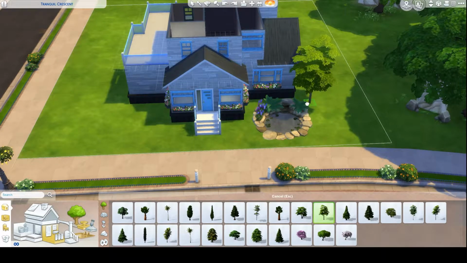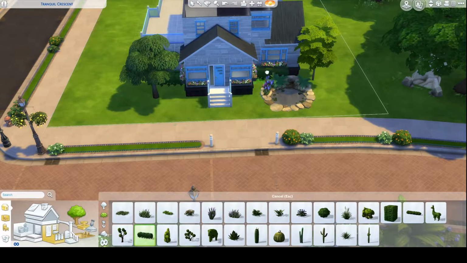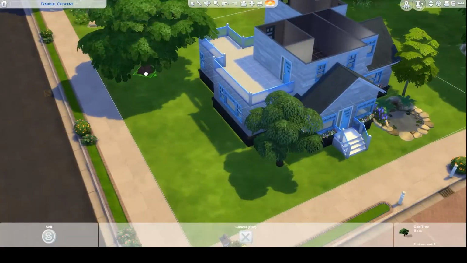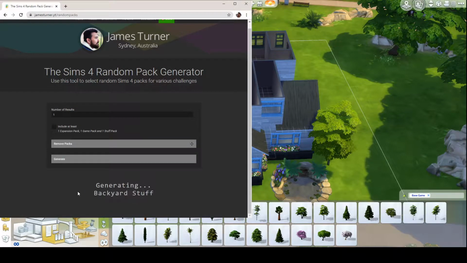And then obviously foliage. Need trees. This is a huge lot, so to make it feel not as big, just add some trees. A big tree. I love that tree. Back to the random pack generator. Next pack is generating